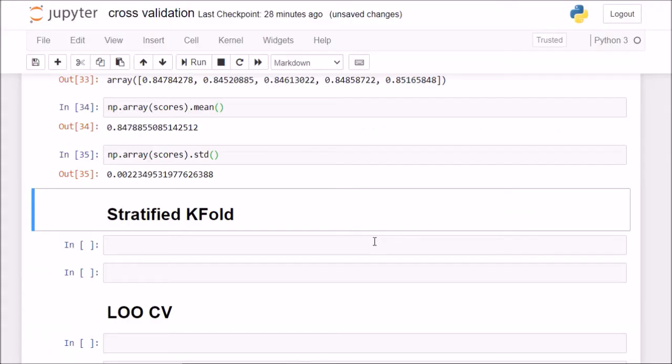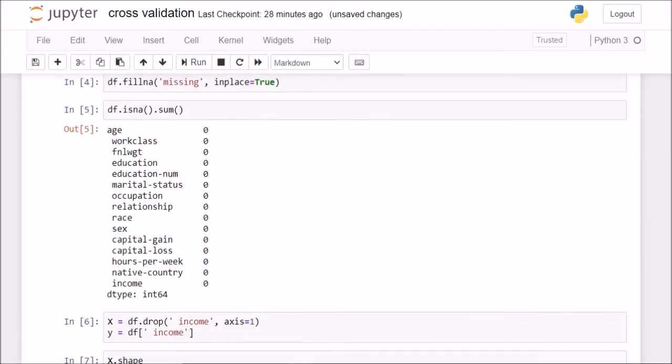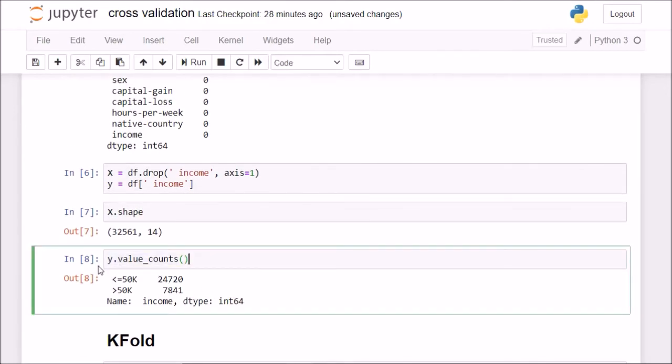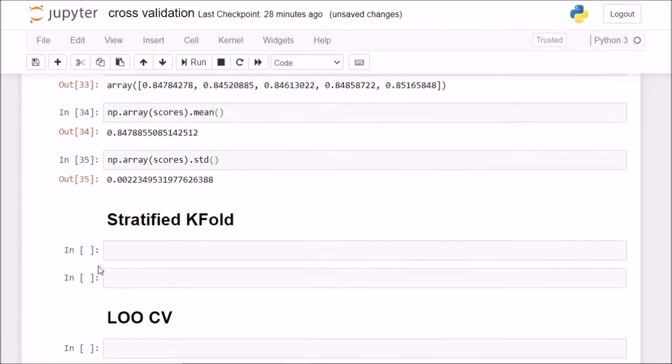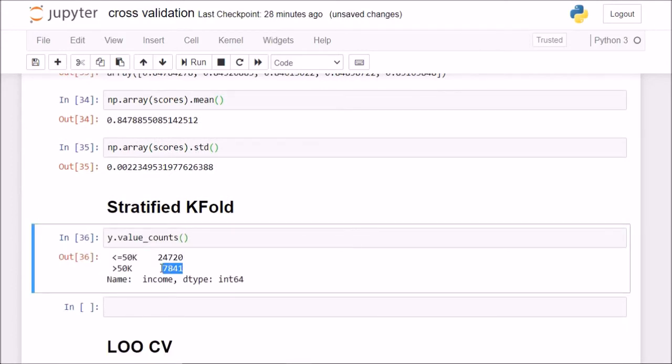Now, just for cross verification, if I copy this line of code here, I have 7841 labels greater than 50k, and less than 50k I have 24,720 labels.